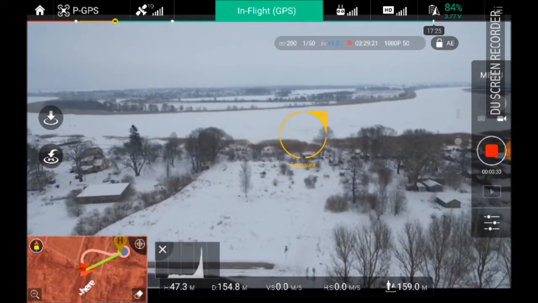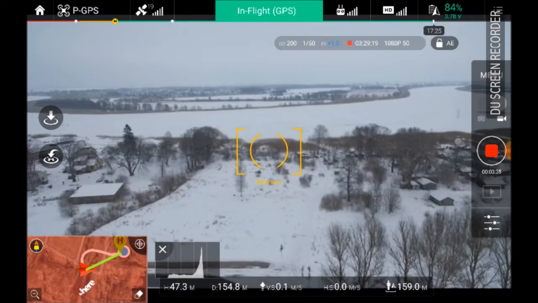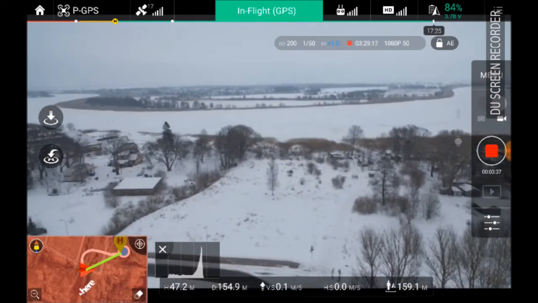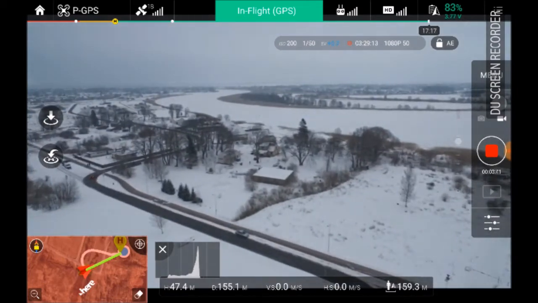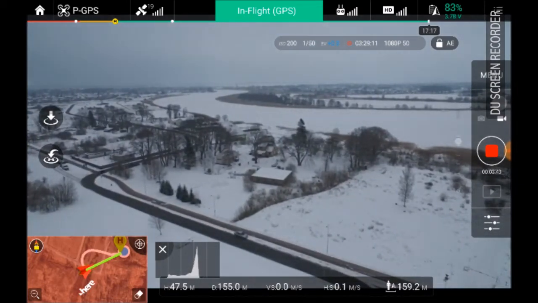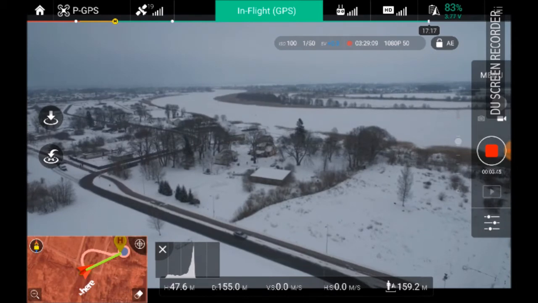I've got it in normal mode. I think later I do decine like. Anyway, it will be shown